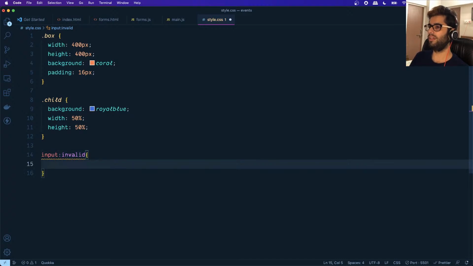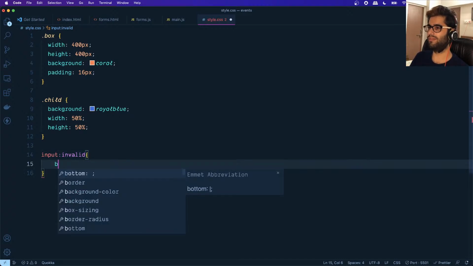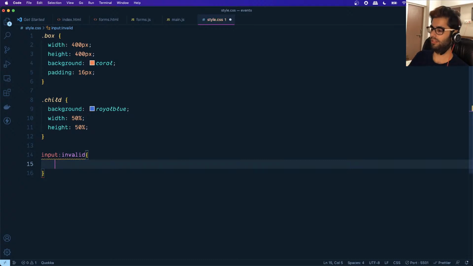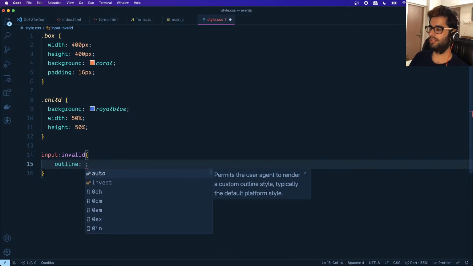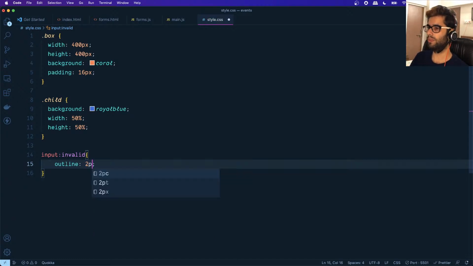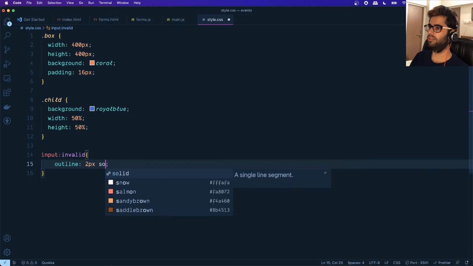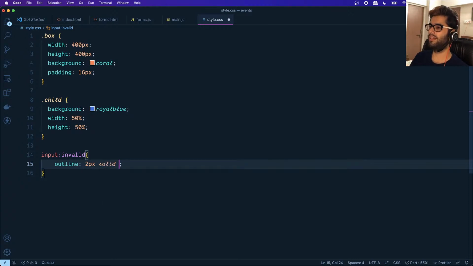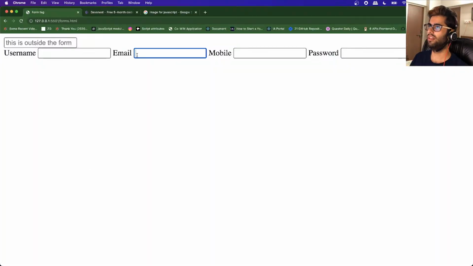Whenever an input is invalid, we will set its outline to 2 pixels solid, and we'll give it a color of coral. For example, let's save this. Now as I am typing something,